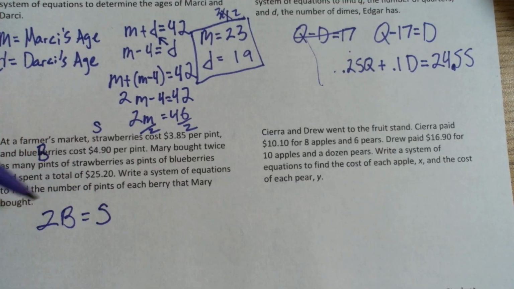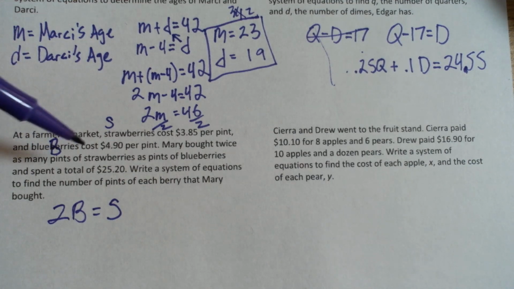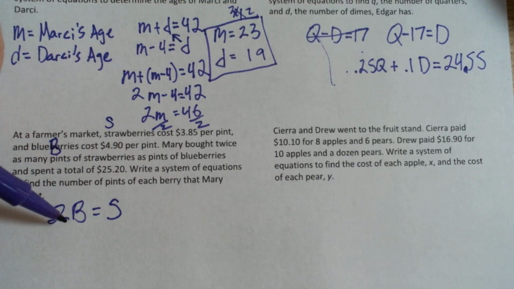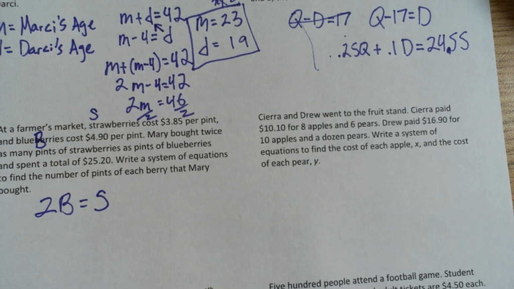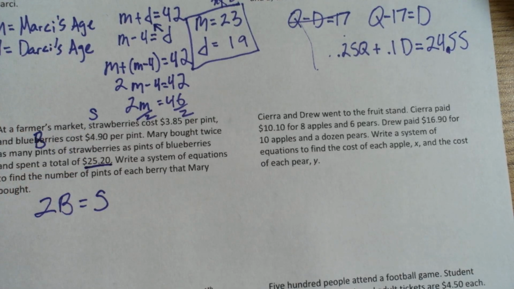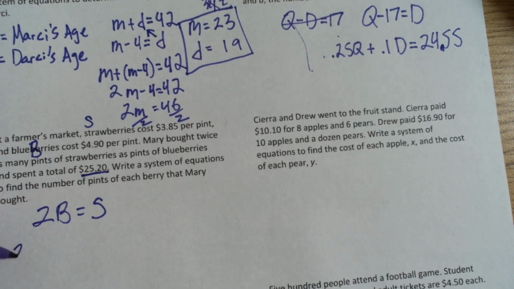So it helps sometimes to put numbers in here just in your head real quick. So Mary bought twice as many pints of strawberries as pints of blueberries. So if she bought 5 pints of blueberries, she bought 10 pints of strawberries, that reflects that relationship there. And then she spent a total of $25.20. So whatever the strawberries cost, so $3.85 times S